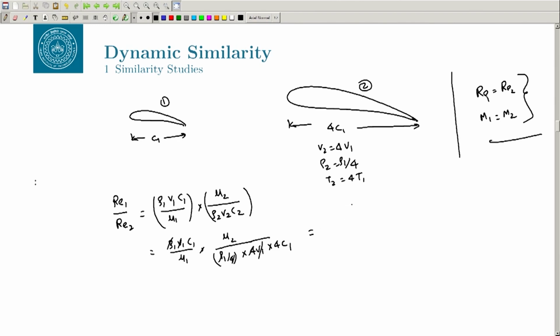and then you will have mu 2 by 4 mu 1. So, this is the ratio between RE1 and RE2. Just V2 equal to 2 V1. So, V2 is 2 V1, so if you do this, this 4 cancels out. So, this is mu 2 by 2 mu 1,